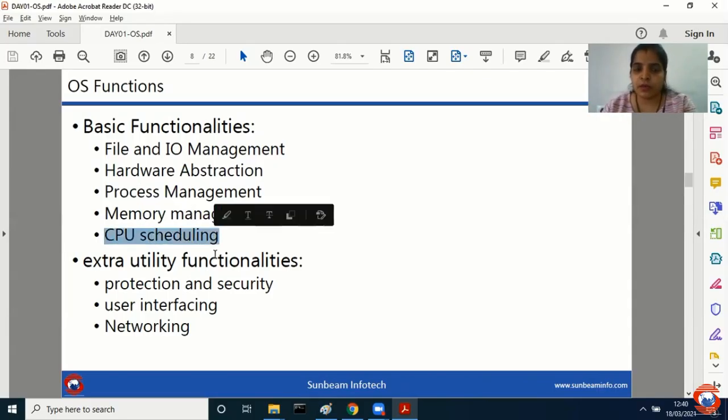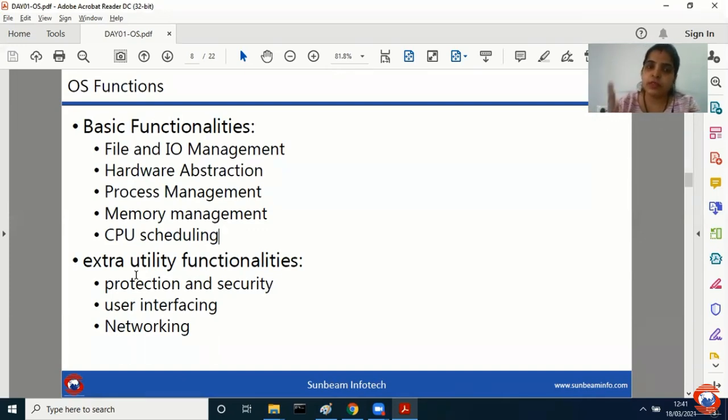Next is CPU scheduling algorithms. When I say CPU scheduling, it means you want to perform some operations, and you wish to get, let us say, 3 processes executed. In that case, which process should execute first, which second, which third, that is called scheduling. For that we have different algorithms. There are two major categories, preemptive and non-preemptive. There is first come first service, there is round robin. So there are a lot of algorithms, we will see that in detail. So this is basically called CPU scheduling. So these are the major basic functionality any operating system may provide.